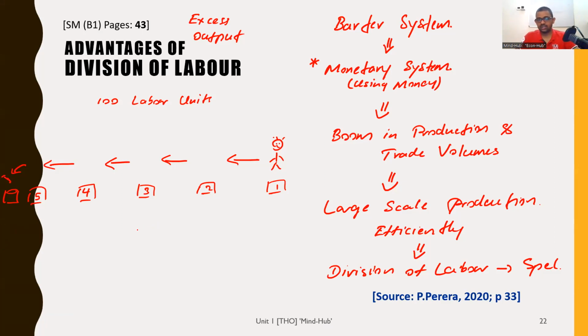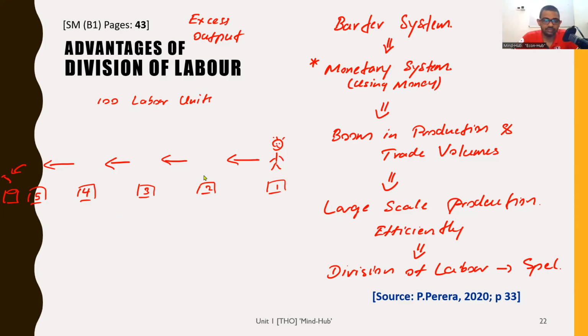So that's the process. Each of these 100 people, employee 1, 2, 3, likewise, go through all these stages. You start in the morning, and you go through all the stages. The same person goes through all the stages, completes one pin, drops it into the bucket, then comes back and starts again. Each of the 100 does this. There's the process they follow. Are we clear? Yes or no? Yes, sir.